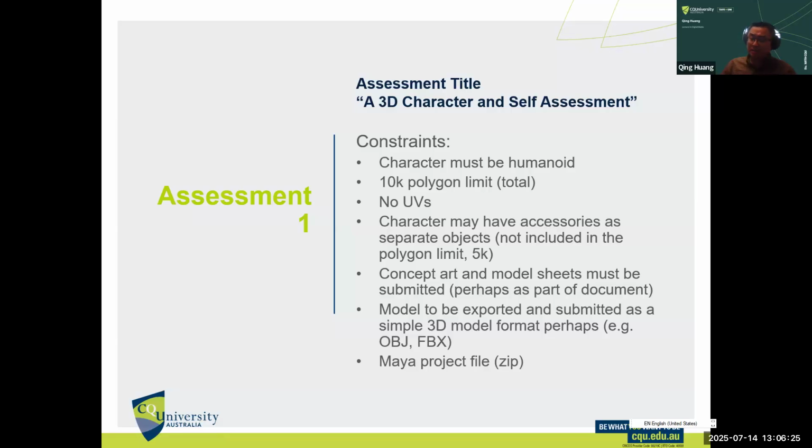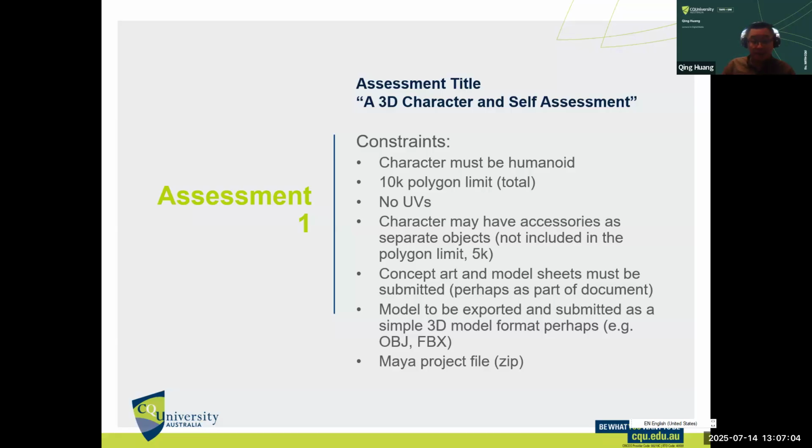There were students in the previous run who gave me somewhat blank characters, like stormtroopers or that sort of thing. I think in this course, you should learn how to create a more detailed humanoid character with facial features, so challenge yourself with that task. Once you have been through that, you can probably create anything later in your career if you choose that career path. So it must be humanoid, and the total polygon limit is